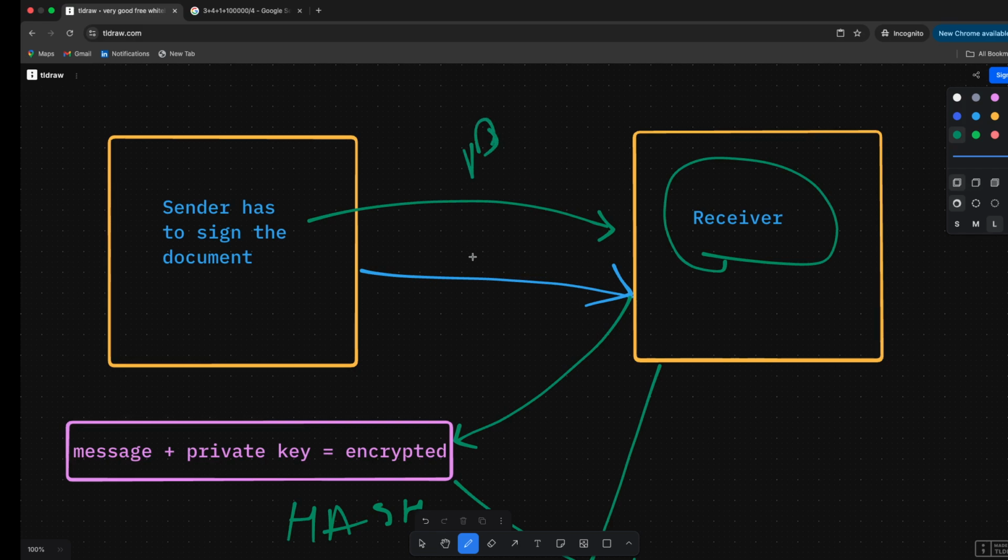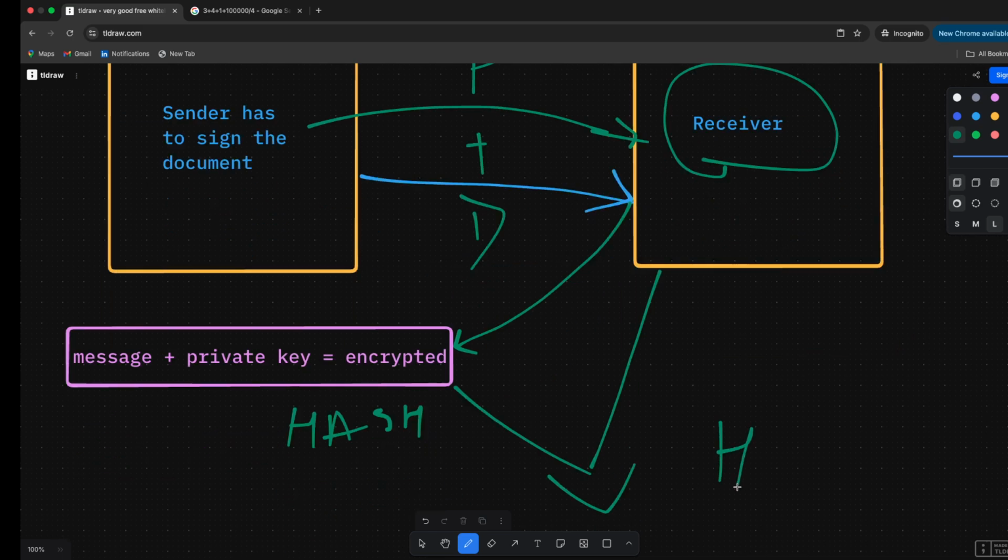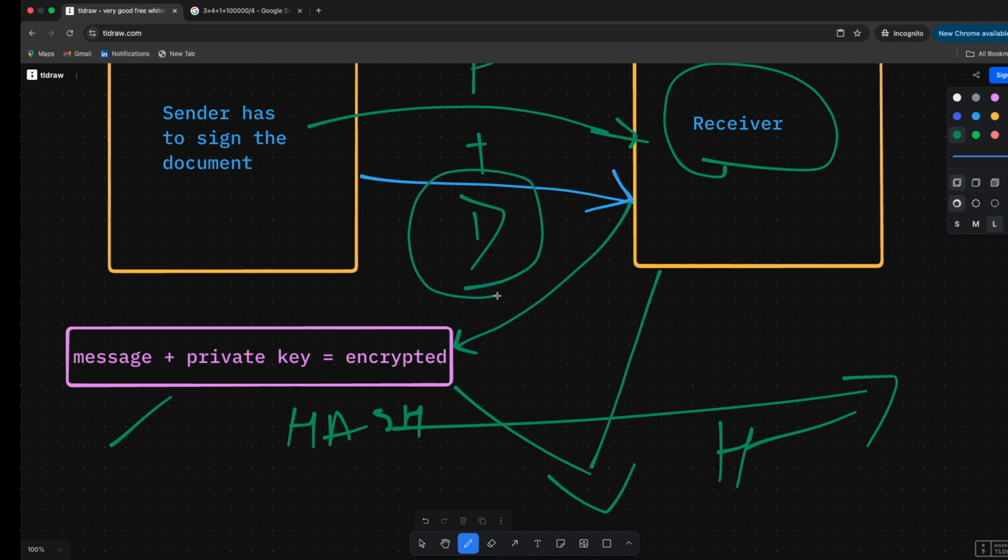So this is my document going in. This is my document which is coming here, and this is my public key, right? So what is he going to do at the receiver end? He is going to use the public key plus the message to generate another hash, and then compare if these hashes match or not. He is not sending the private key, but the document is sent, right? If there are any changes or any person tampers, then this is still susceptible to man in the middle, right? Because